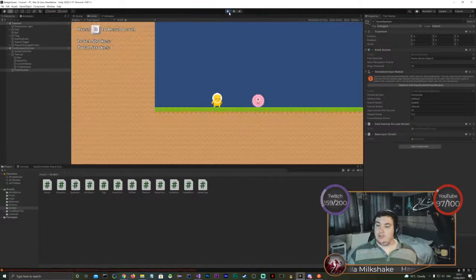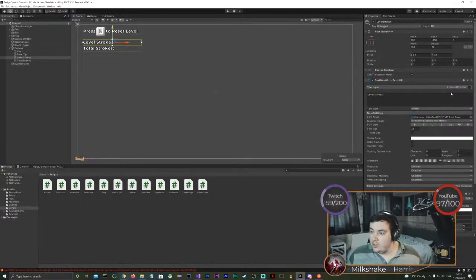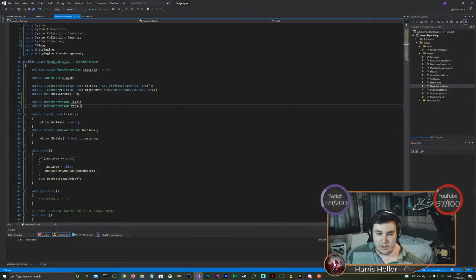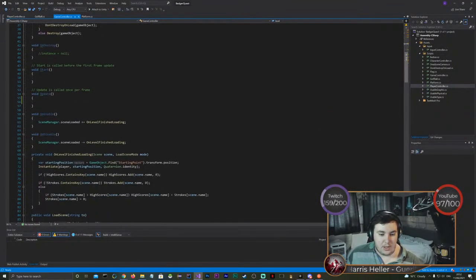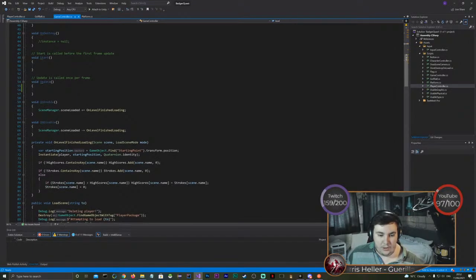Interesting. Well, let me just fix this. So we want that to start with 0. And we do actually want to modify these on load. So